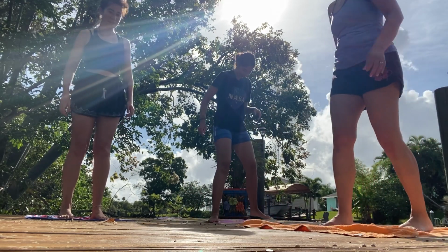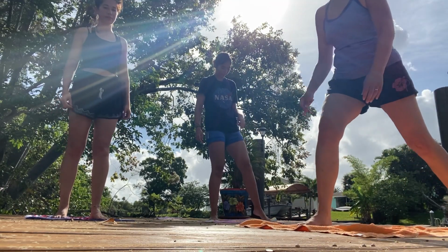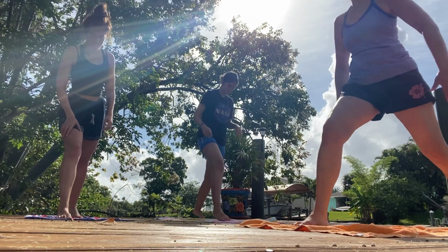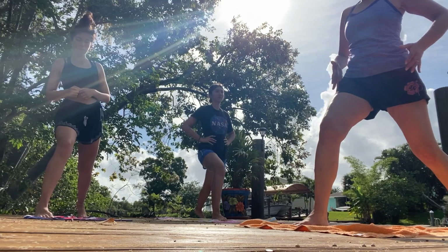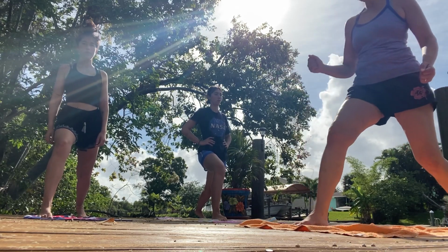Okay, lovely. So let's try that on the other side. Yeah, I like that sending better. So we'll do it like that. Sending your left leg back, front leg, Anjaneyasana. Get your balance and feel that balance equally. So you are sending your weight down so that you are equally balanced between